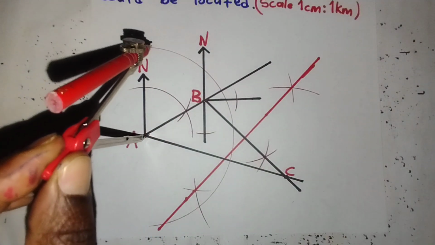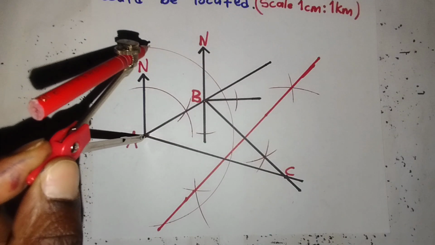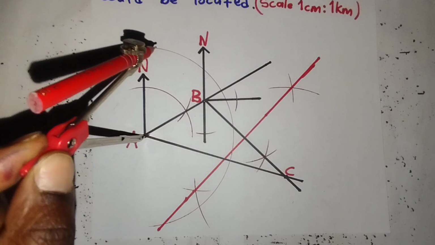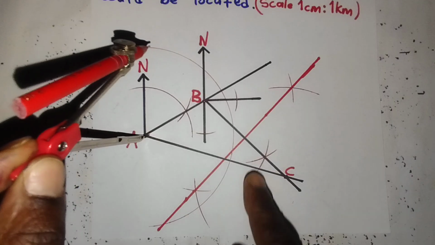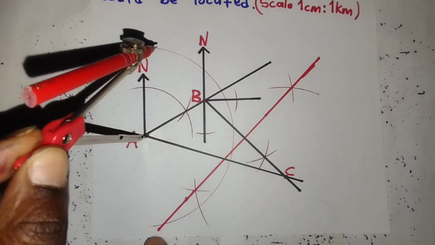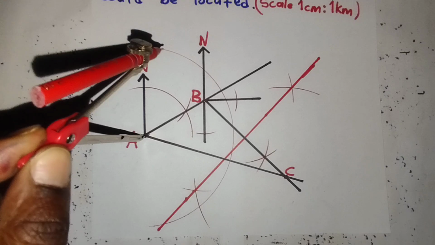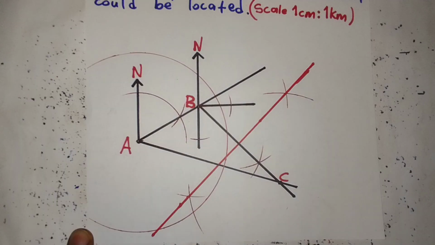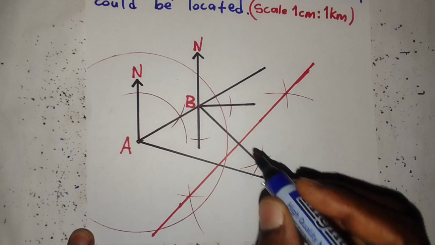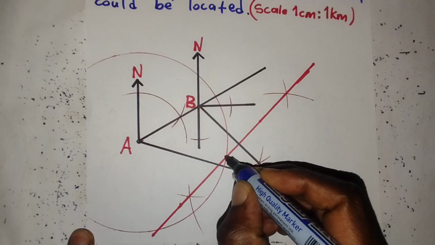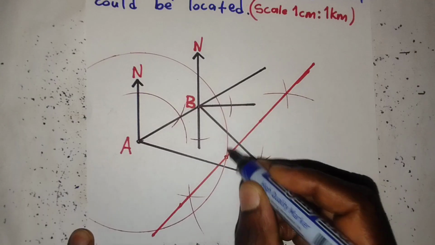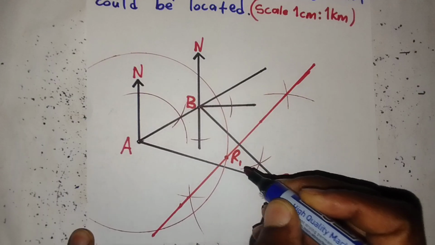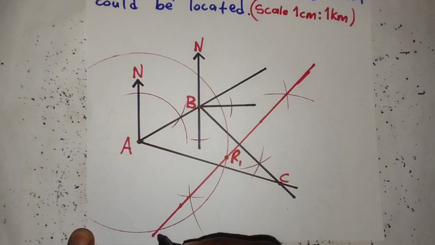Okay, so the positions of the mast R will be the points of intersection of this line and the circle. So the 2 possible positions of the mast R will be this one, where this line meets the circle. Let me call it R1, and the other possible position of the mast will be this one here, where this line also meets the circumference of the circle, so I'll call it